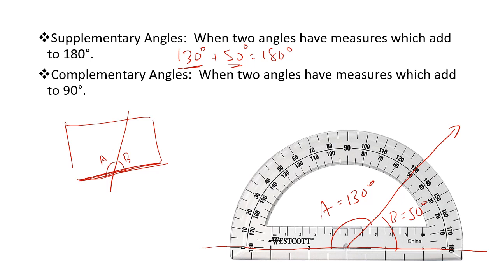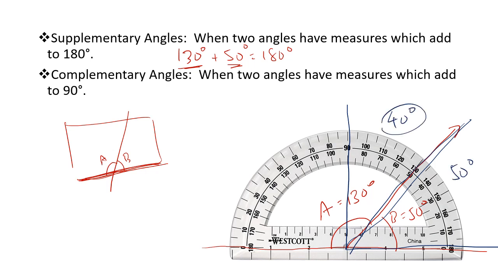The same thing is true for complementary angles. They add up to 90 degrees, so the same thing is going to be true, but I'll do this in blue real quick. So if I drop this down in blue, now this forms a 50 degree and a 40 degree angle, and now these are complementary. They go to make this right angle, this 90 degree angle.